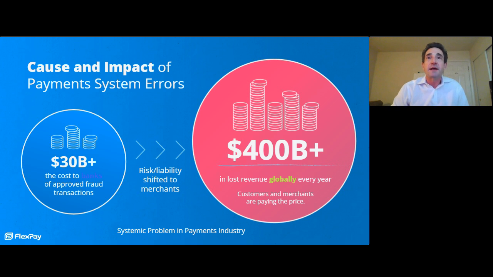And as a result of that, they are declining large numbers of legitimate transactions where the customer wants to buy the product, they have credit to be able to make the purchase, and the credit decisions are still being declined. So this $30 billion in bank losses now translated into over $450 billion in lost revenue globally in merchants every year. And these are systemic problems in the payments industry that are not well understood, but for the subscription industry,